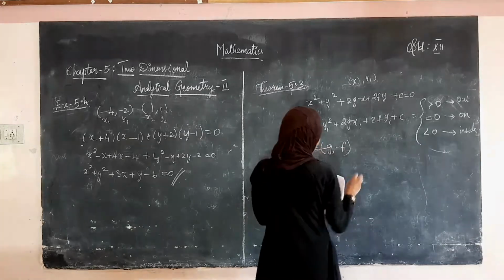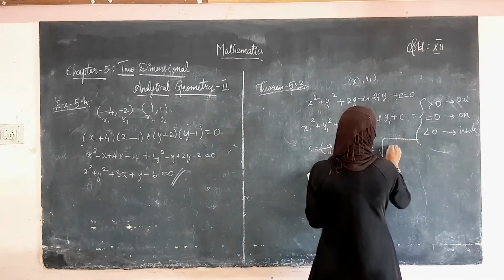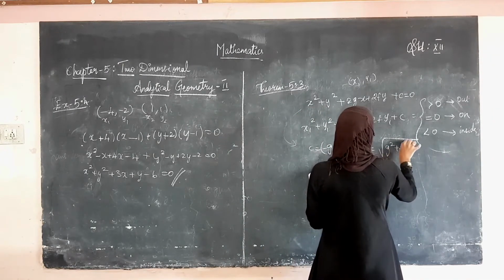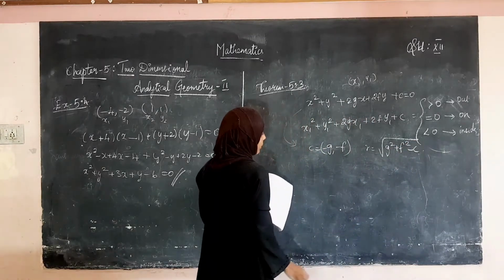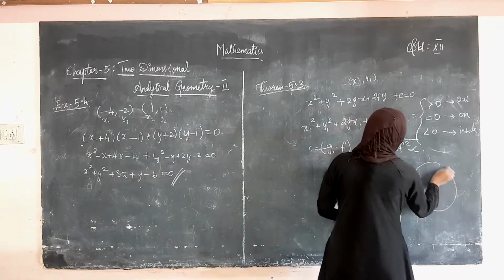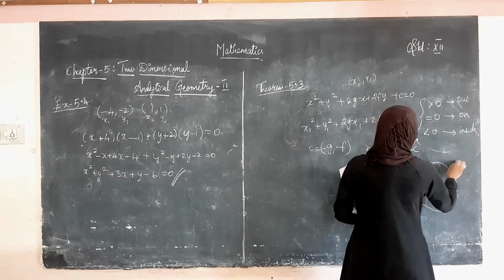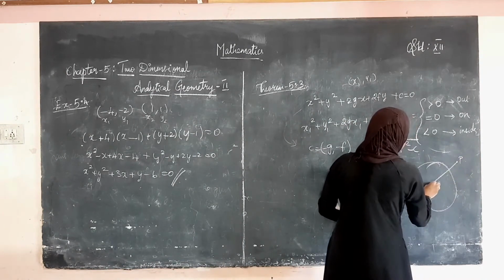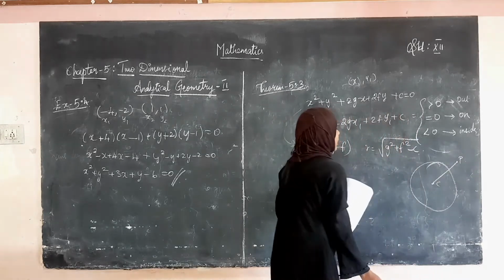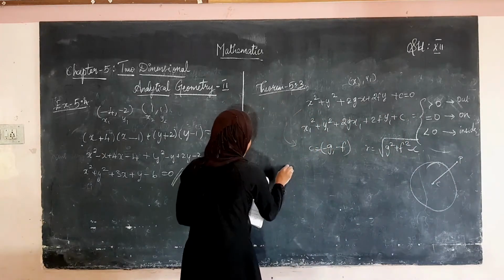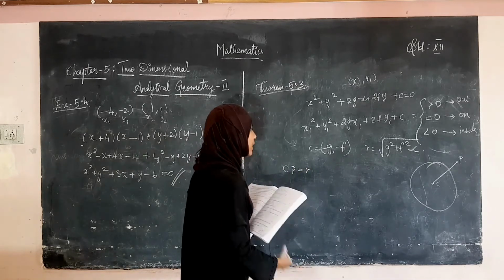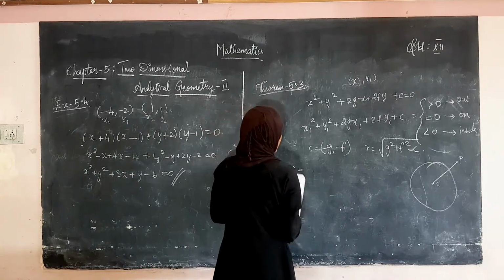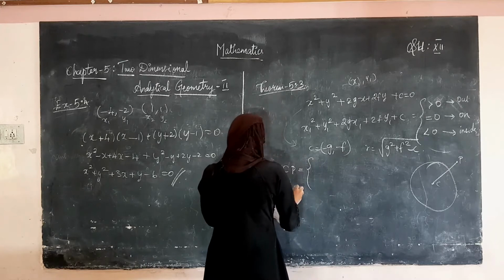and what will be the radius? Radius equal to root of g square plus f square minus c. Right. So let us take a point P, and the center C. The distance is CP. Okay, so see here, if CP is equal to R or CP is greater than R, like this. If modulus of CP